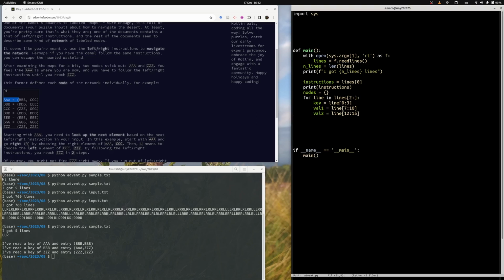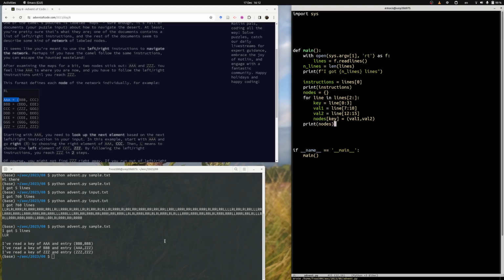Okay, so the way you add things into a dictionary, or one of the ways you can do it, is you can say, right, at this particular key, what I want to appear. So this is an assignment, I'm saying assign against that key, and we're going to assign a pair of values, which you can do in Python, and I'm literally going to shove in those two things, okay? And now, again, just to double check we've got the right thing, I'm going to print the dictionary as a whole